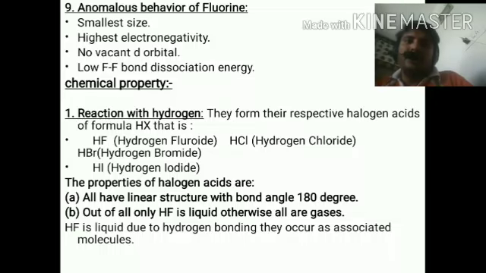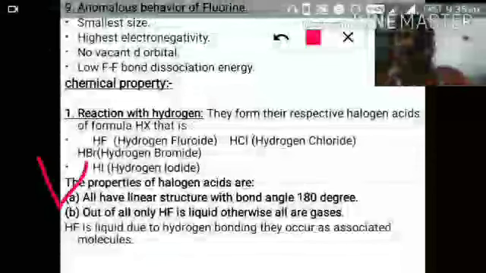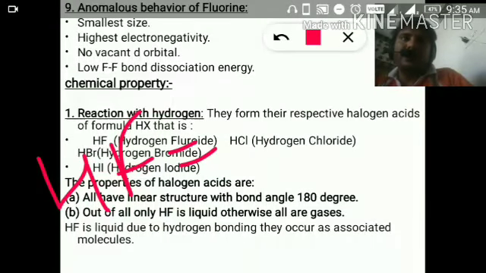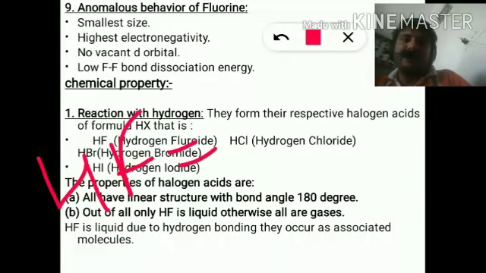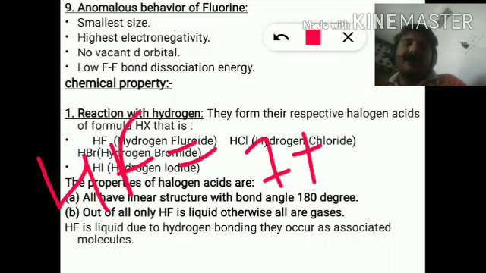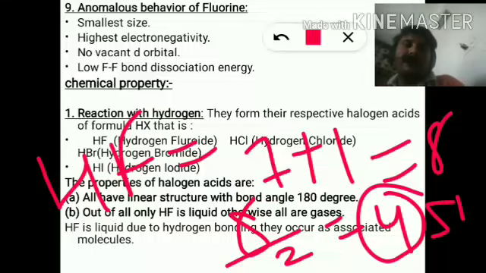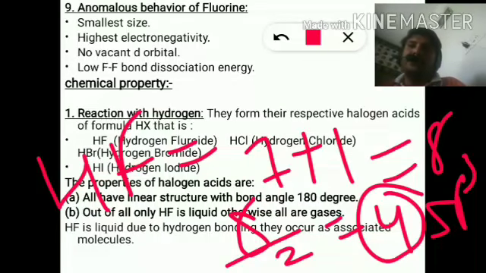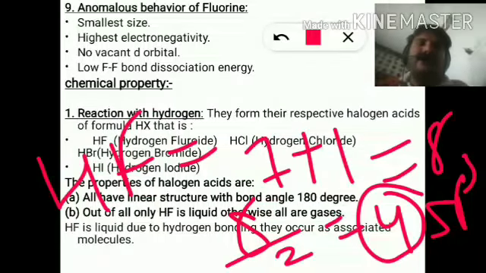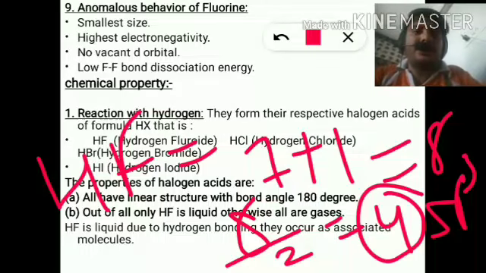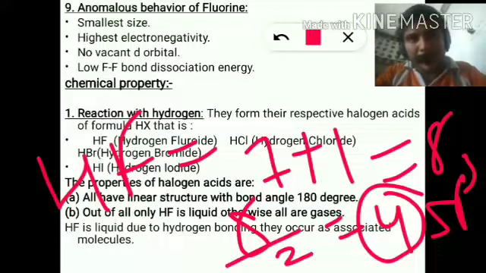Okay. If you want to find the hybridization of HF, you can determine it by a simple formula. For HF, the number of valence electrons in the outermost shell of fluorine is 7, and the number of shared electrons is 1, or you can say the number of sigma bonds is 1, so it is 8, and 8 divided by 2 gives 4, which means sp3. But sp3 is not the hybridization of HF. It is sp3 hybridized, but the structure is not tetrahedral. The structure may be bent.